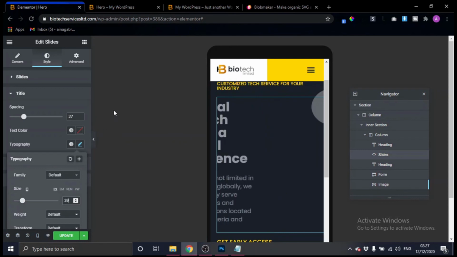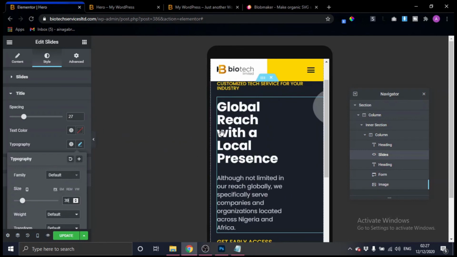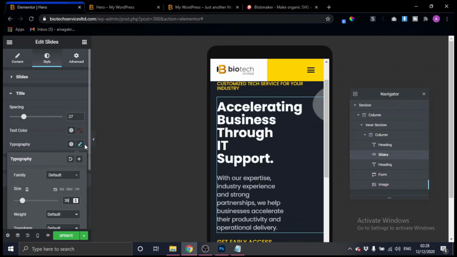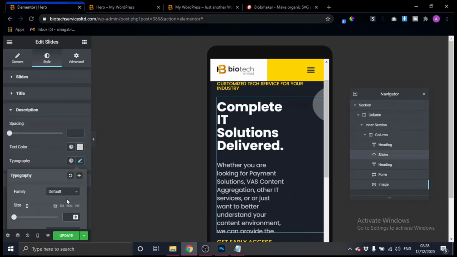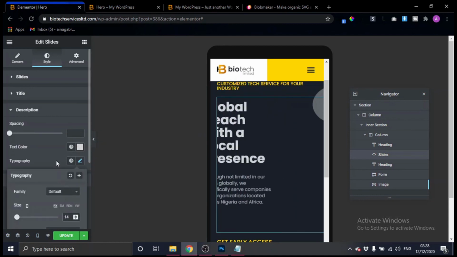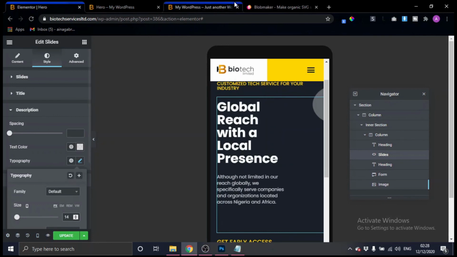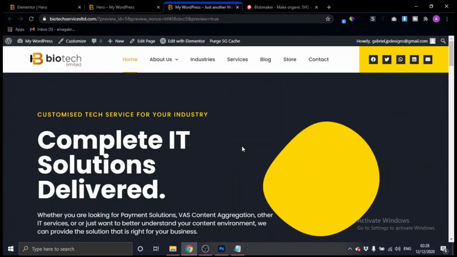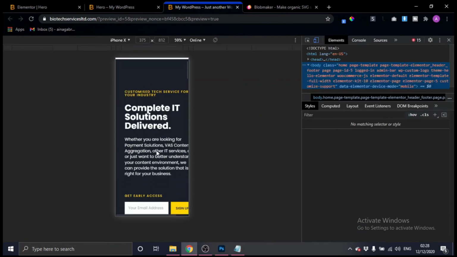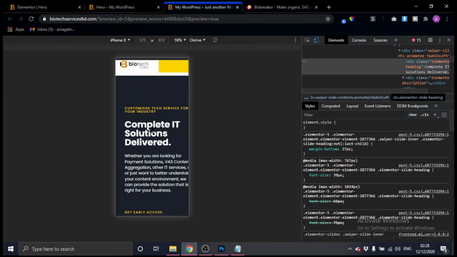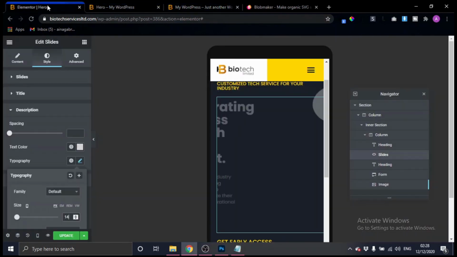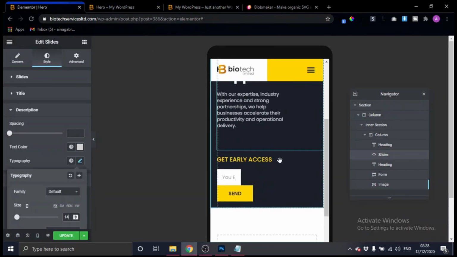Okay, that looks cool. 39 pixels is good. Let's reduce the description to 14 pixels as well. Okay, let's see how this looks on the mobile version first. Okay, it looks this way on the mobile version. I think we can make that better.